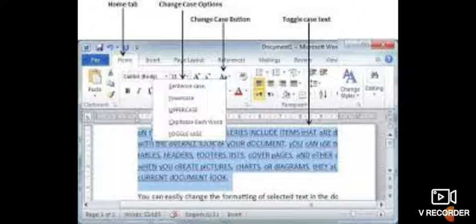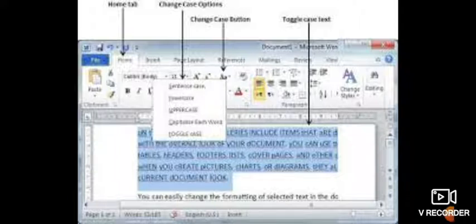Capitalize each word. In this format, in each word of a line, the first alphabet of a word is capital and the rest are small. Toggle case. Toggle case is just the opposite of any case.